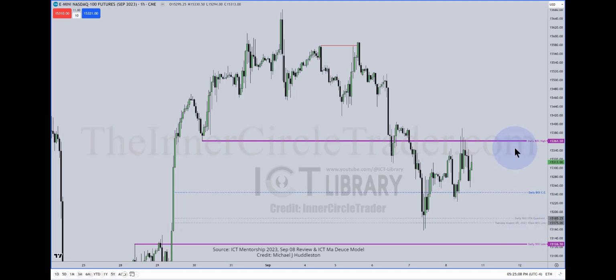That's not quarters theory, by the way. I'm looking at an inefficiency and I'm grading that. So these are all algorithmic signatures that price will respect and adhere to. So it's important to know what they are and how to apply it to your charts and then anticipate these types of responses. The market rallies off of that on Thursday, comes back in and retraces back to the consequent encroachment midpoint, and then sends us back up to the high end of the daily buy side imbalance, sell side